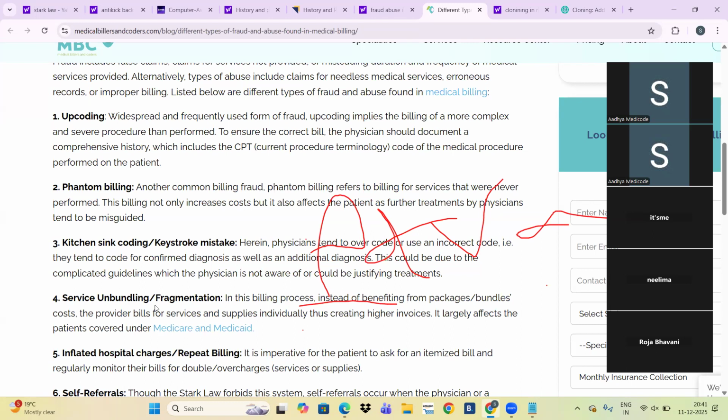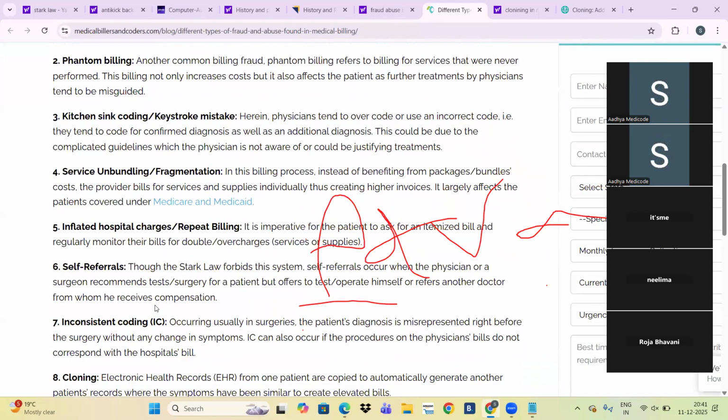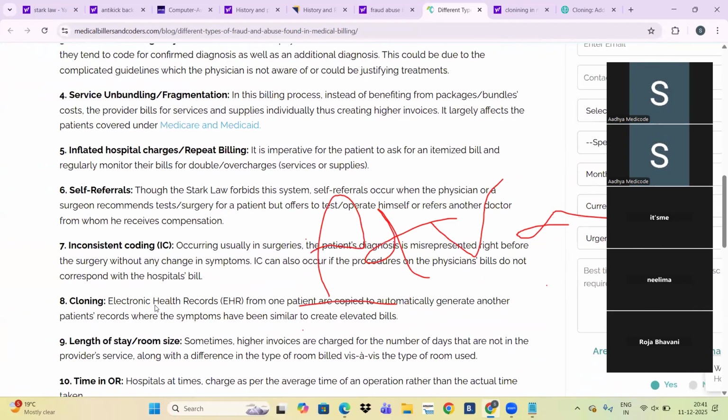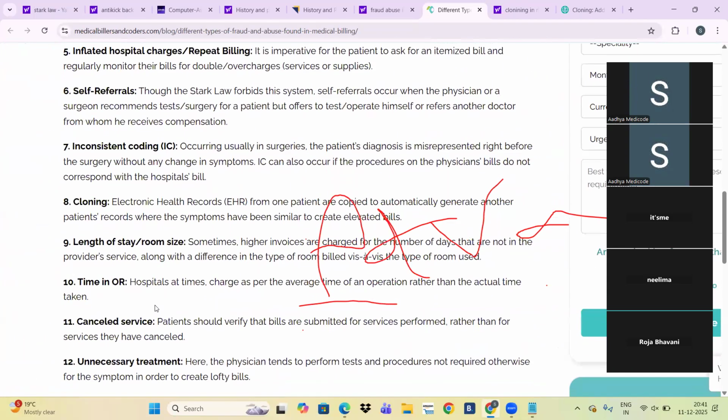Then unbundling and all, self-referral, Stark law, and cloning. Cloning is also another common error. Cloning means EHR documents, like electronic health records, from one patient are copied to automatically generate other patient records where the symptoms are similar, to create elevated bills.